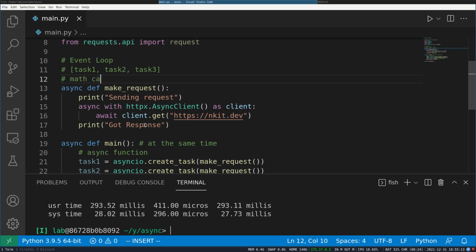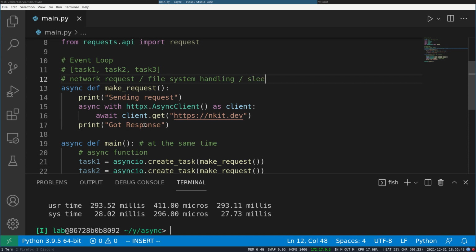So let's say some math calculation where we are not actually waiting for anything. In those cases async won't work. You can use multiprocessing, but async won't work. Async can work in cases when you have to make a network request where you are waiting for the server to respond. It can work for file system handling where you have to wait for the OS to return the values and read things.